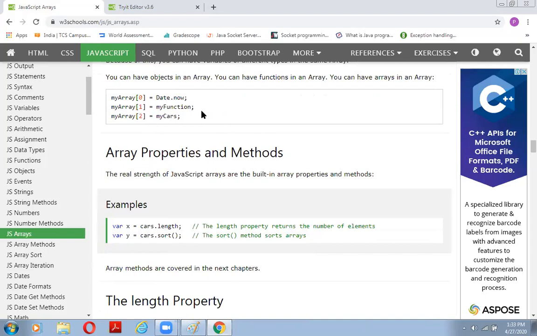Now, what are the array properties and methods? Here is the real strength of JavaScript arrays. JavaScript arrays have built-in properties and methods. This is very important in terms of how we use them in our programming.